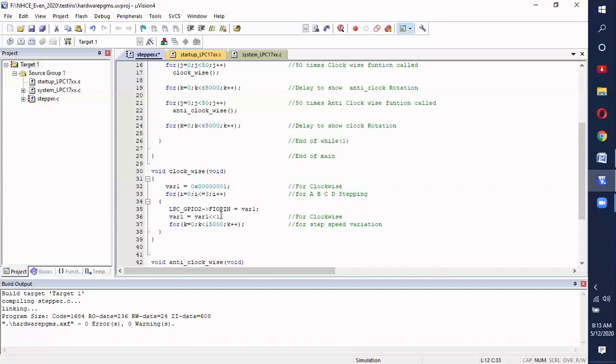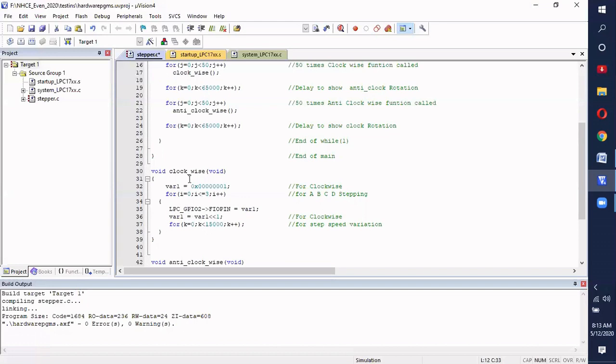Again the value is left shifted by 1, so 2 becomes 4, and 4 is sent to the FIO pin. Again it is left shifted by 1 and becomes 8, and 8 is sent to the FIO pin. That is, 1, 2, 4 and 8 are sent on the FIO pin, so coil A, coil B, coil C and coil D get energized. So we have 4 steps energized in one for loop here.